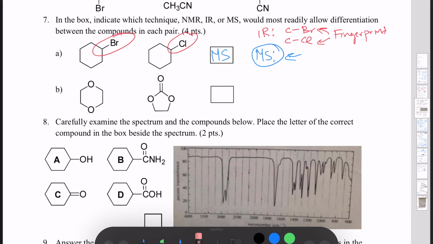For part B, we are given two compounds that have very apparent differences in their functional groups. So for the first one on the left, we see that there are two ethers, and on the one to the right, we see that this is technically a carbonate group, but it can also be treated as two esters. So when we look at this, we see that there are apparent differences in their functional groups, and IR is the technique to go to when you're just trying to detect a difference in functional groups,